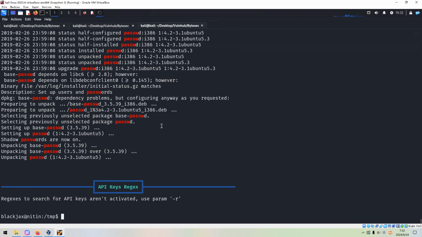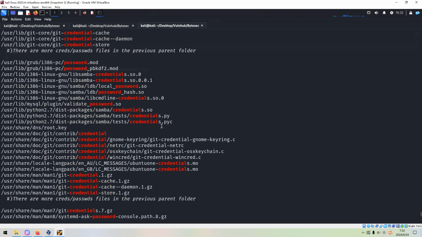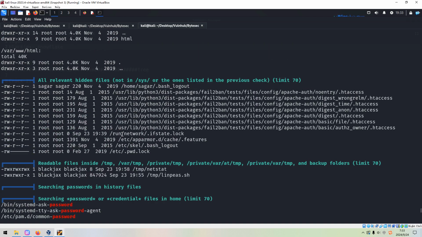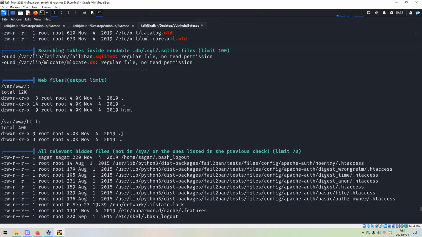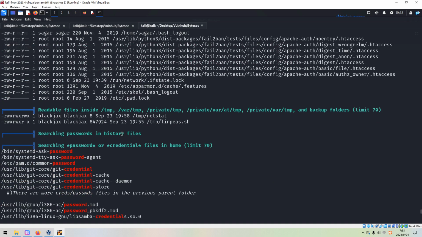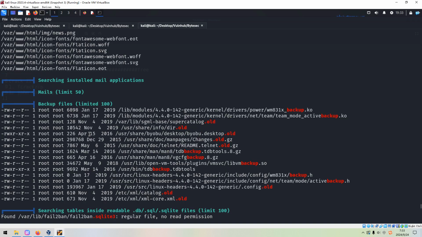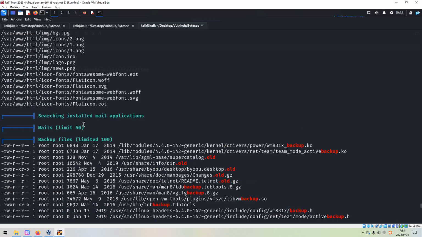And then we can scroll up. A lot of output from the Linpeas script, like searching passwords in history files. If we manually find the password, this would be very big trouble, okay? And the backup files,